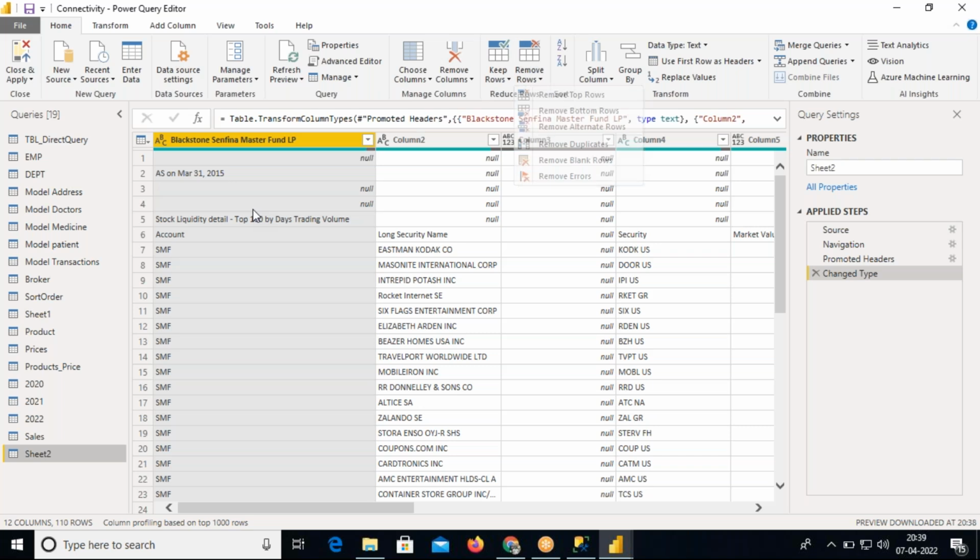In case the file consists of duplicates, then we can remove them by using the Remove Duplicates option. We have seen it in a previous session, right? Now, over here,